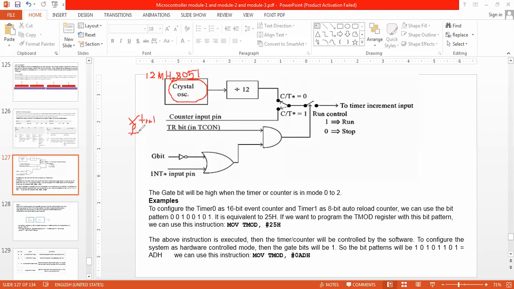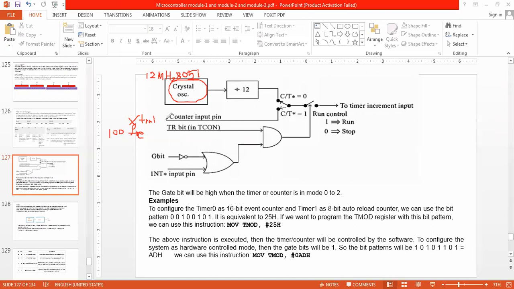External frequency can be 24 megahertz, 40 megahertz, 80 megahertz, or 100 megahertz. It is variable. However many I am going to connect, that many I can connect at the output side. So now,